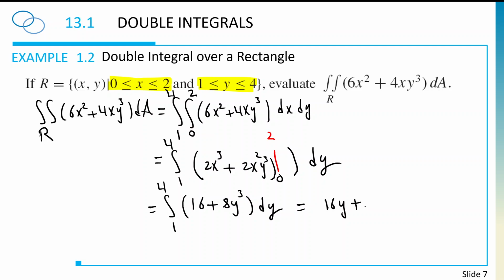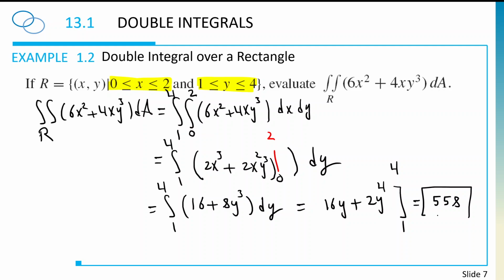16y plus 2y to the power of 4. And again, I need to do the substitution from 1 to 4. Okay, from 1 to 4. If I do the replacement, and you can just easily find the calculation, it will be equals to